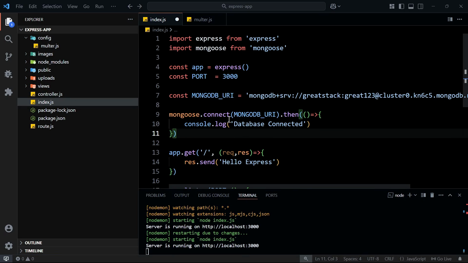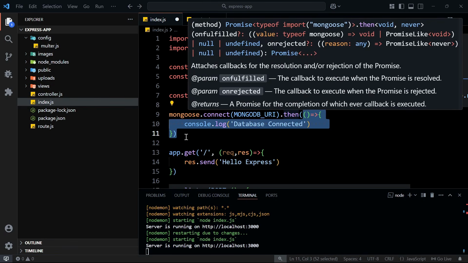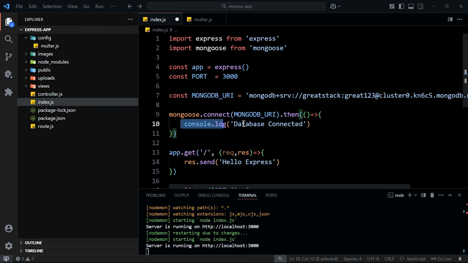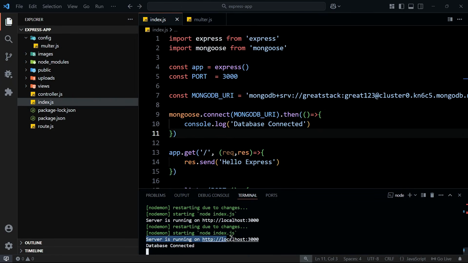So whenever we will be connected with the database, this function will be executed, and here we will see the message in console that is database connected. So we will save this file, and here in this terminal you can see server is running on this URL, and after that we have this database connected message. So we are connected with the database,